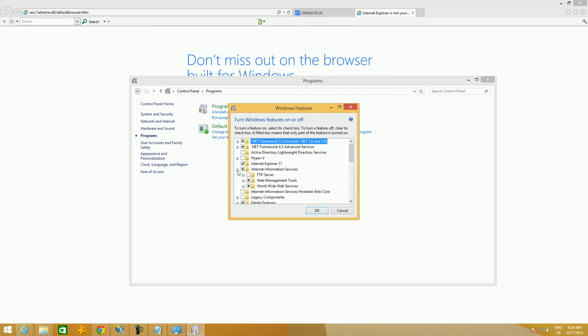Go to Internet Information Services, go to World Wide Web Services, go to Application Development Features. ASP is selected. So that means there is a problem in our HTML file. By default ASP will not be selected here, but in our system ASP is already selected, so this is not an issue. Let us close this.